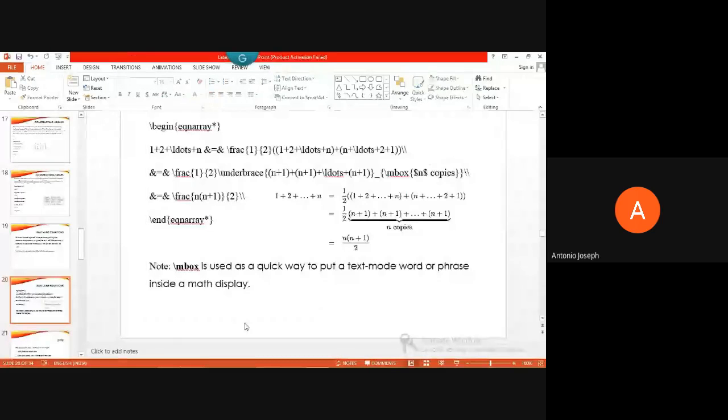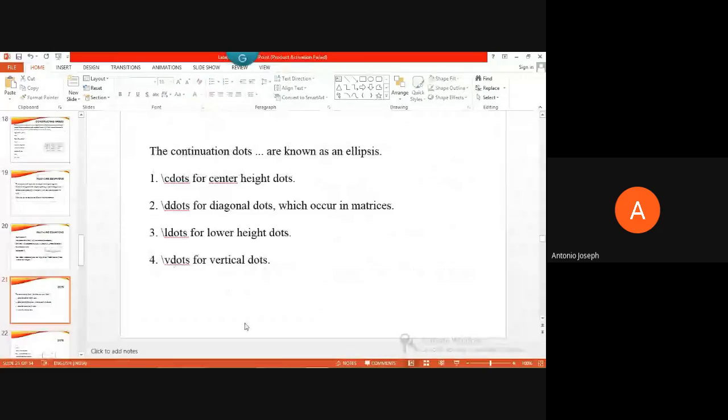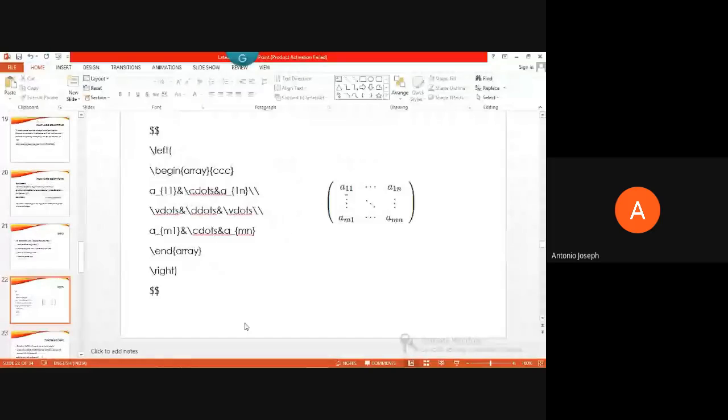Now moving on to dots. Before explaining this, I will show a matrix. Mostly you might have seen this kind of matrix in many of the textbooks, isn't it? There will be horizontal dots, vertical dots, and diagonal dots. These dots can be created using these commands.